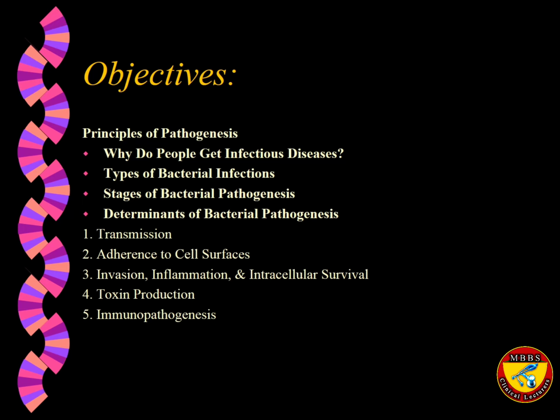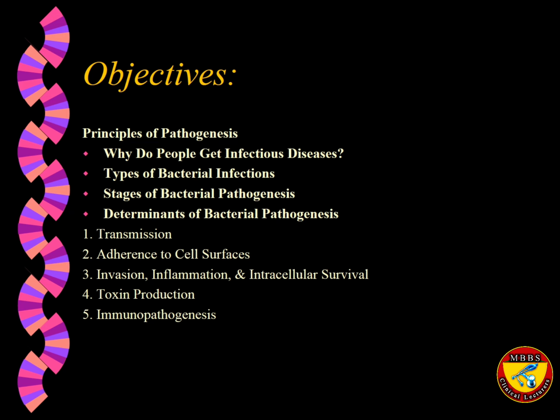So, the major thing which we are going to talk about today will be how and why people get infectious disease and types of bacterial infections. We'll also talk about mainly the stages of bacterial pathogenesis and the determinants of bacterial pathogenesis which are responsible for